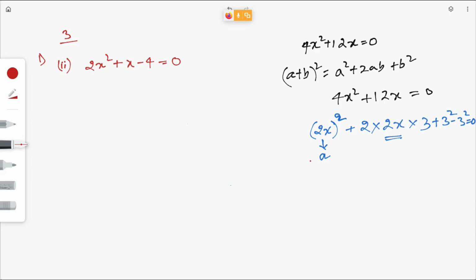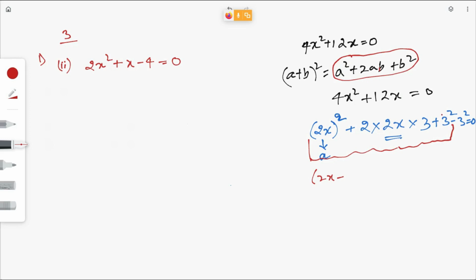Understood? Okay, now this can be written as x plus 2x. Okay, someone asked, what was the question? So we can take 3 minus 3 square. No, see here. You need to compare it with this equation, right? After this b, you will write b square here. Yes or no? After this b, what will you write here? Plus b square. So here, what is our b? 3 is our b. So you need to write plus 3 square.